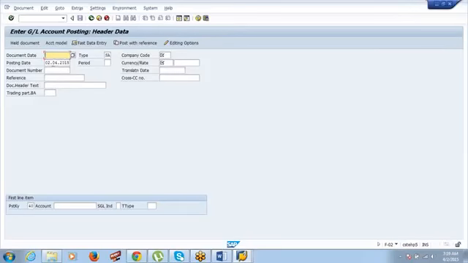This is actually the advanced level of posting for an advanced user, and this is quite easy for me to take up. Here, document date, posting date, document type, the company code where the business originated, and the currency. Fine. So after this we will be,